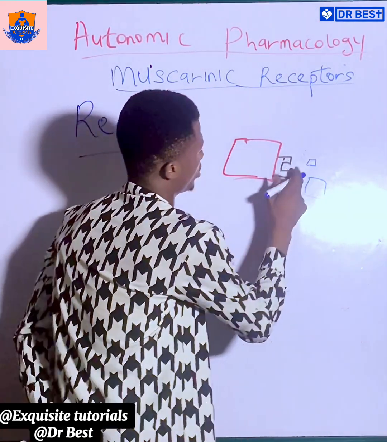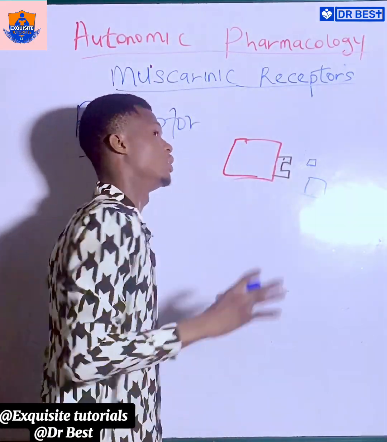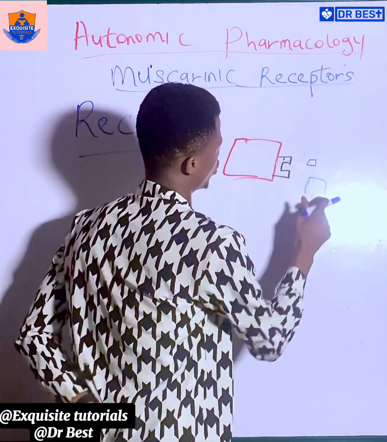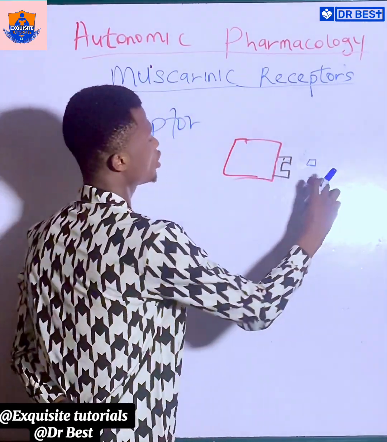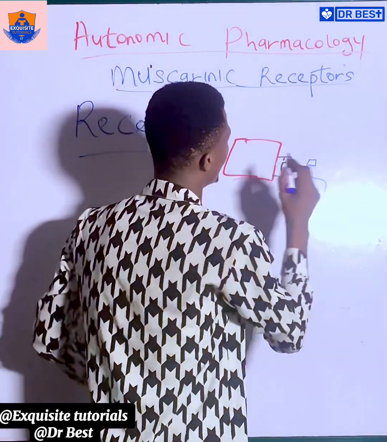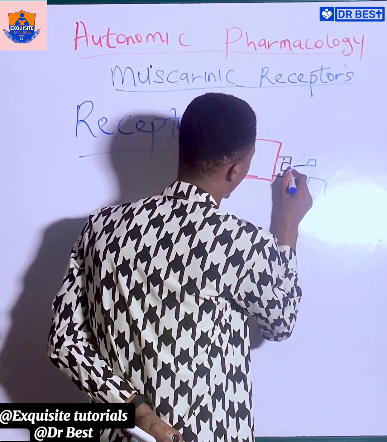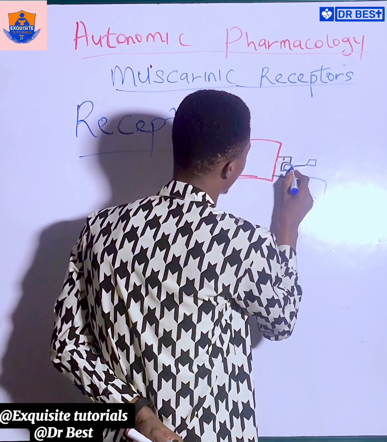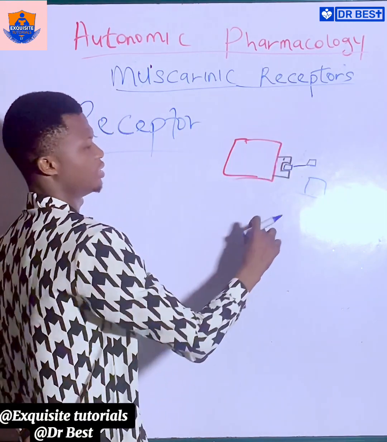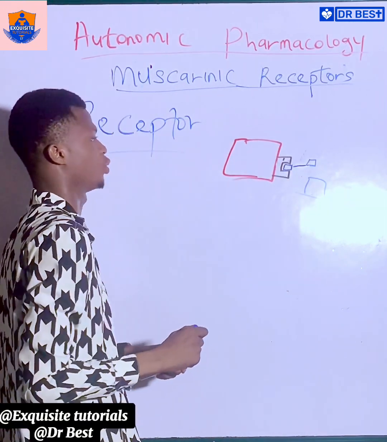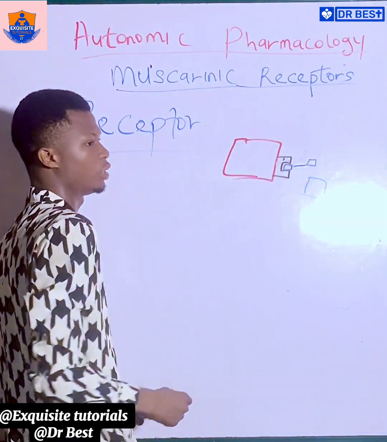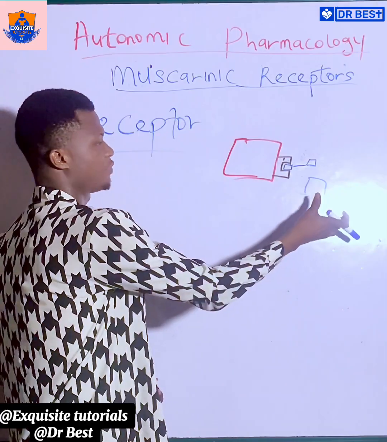Now, if this is a receptor, then the substance needs to bind here. Remember when I talk about specificity, between this structure and this structure, which one do you think can enter here? You know this one is bigger than this, right? While this one is the same size as this. So if anyone can enter, it is this one that will enter here. So this receptor can only bind to this one. This one cannot bind to this receptor. So there are structures in the body of a cell or on the surface of a cell that bind to specific substances